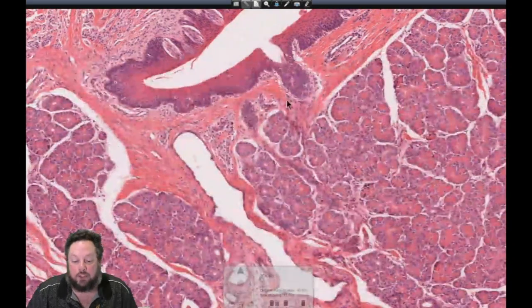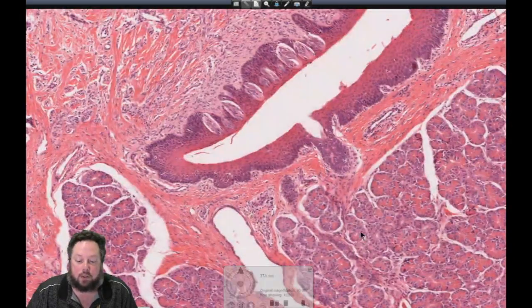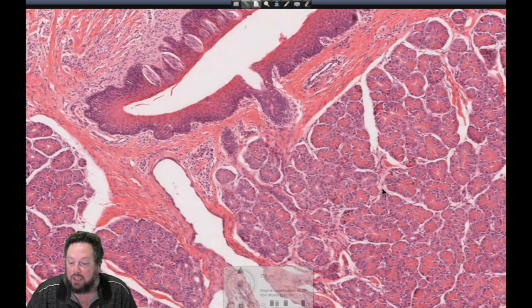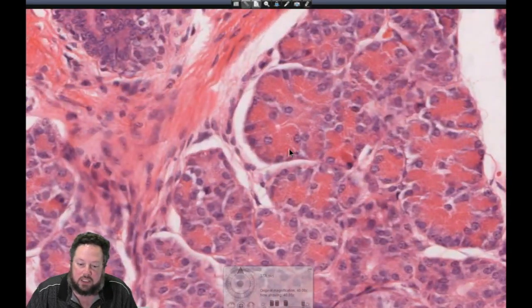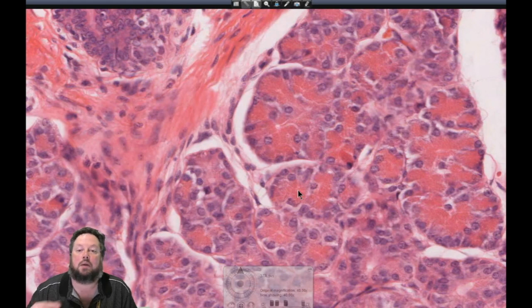So associated with these taste buds are these serous acinar glands, and these look really nice. We zoom in. You can see the acidophilia I was talking about before, the idea that the top of the cells,